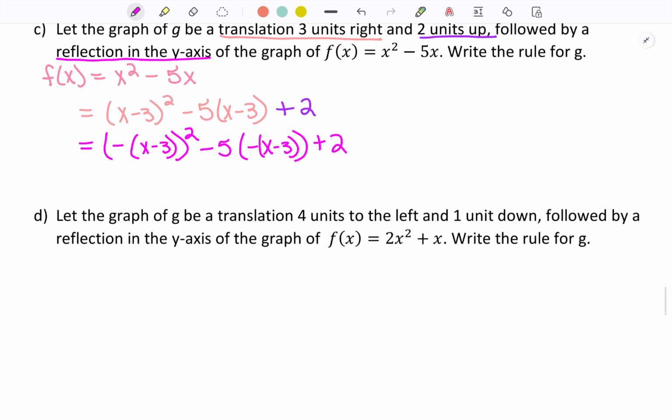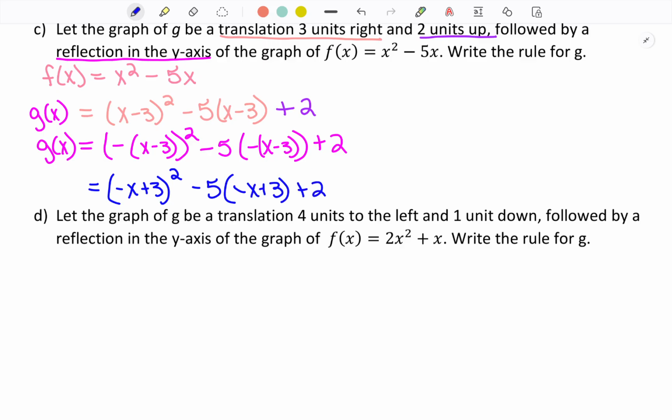So after this, we're going to simplify as much as we can, because this was a problem given to us in standard form, and then we need to try to get as close to standard form as we can. So we're going to go ahead and distribute that negative. So we have negative x plus 3 squared minus 5, and then of course we have negative x plus 3 again here, plus 2, and then